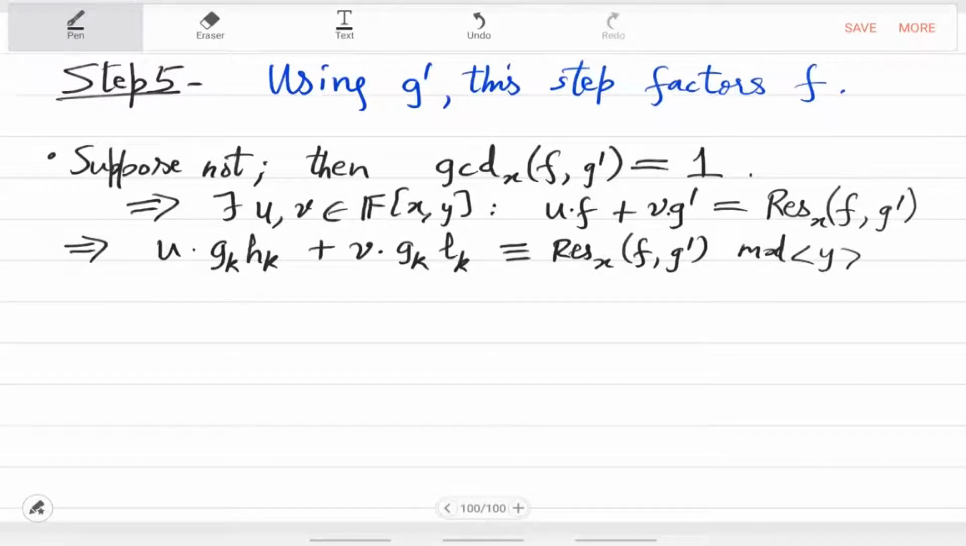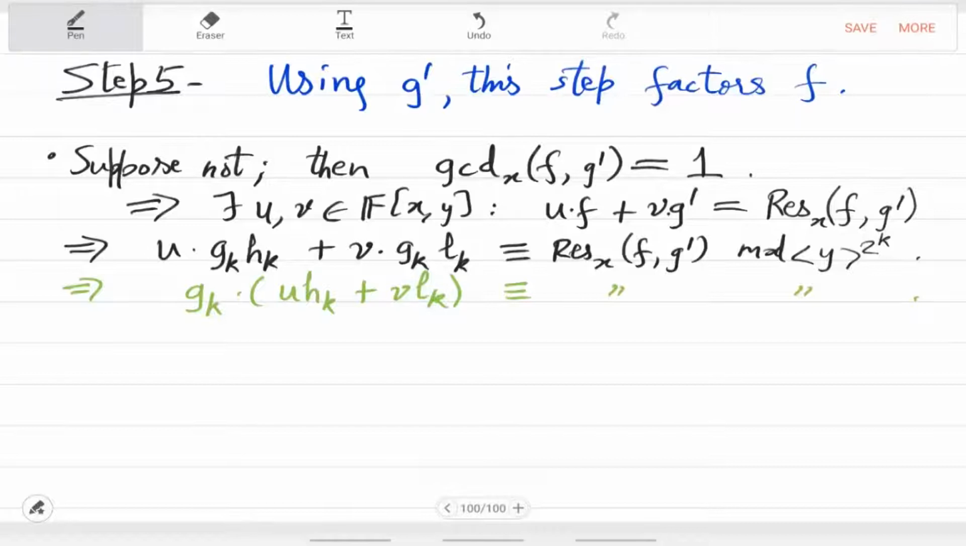So, y to the 2 to the k, this will be the reason for contradiction. So, you are getting g_k times u h_k plus v l_k is congruent to the resultant mod this. Why is that a contradiction? Notice that the RHS is x free and the LHS g_k definitely has x, because if you look at the starting point, g_0 had x and the degree of x doesn't change when you Hensel lift. So, g_k has x,